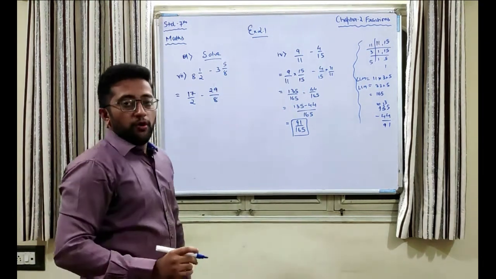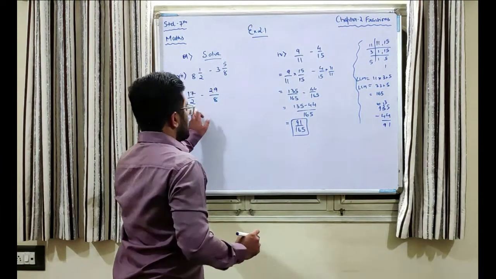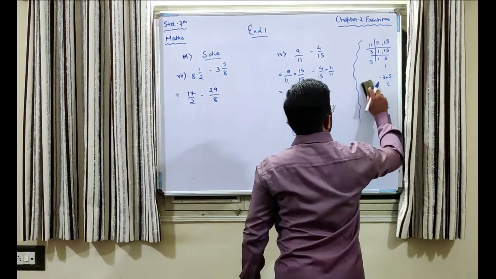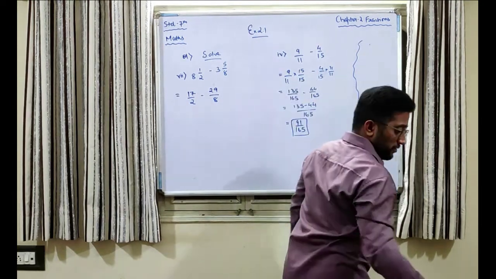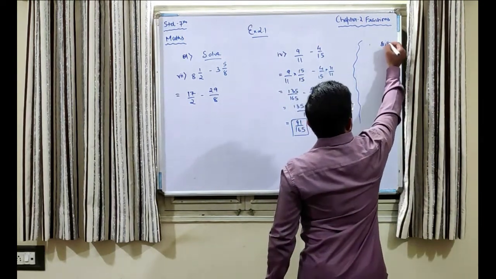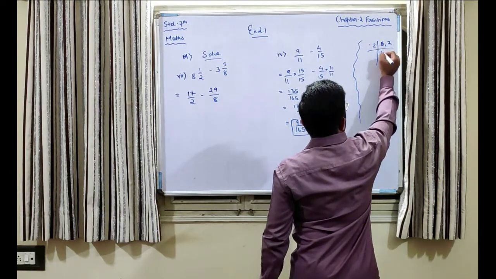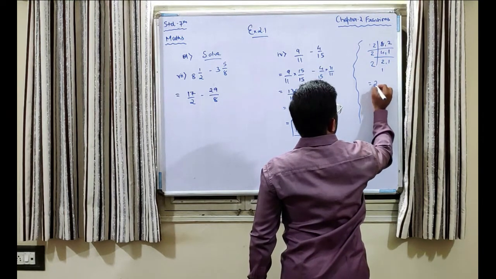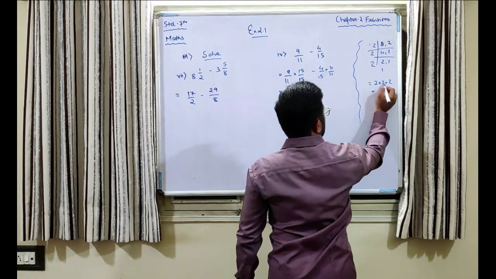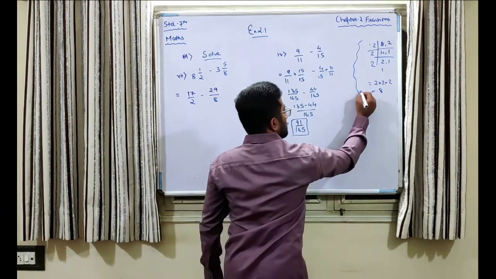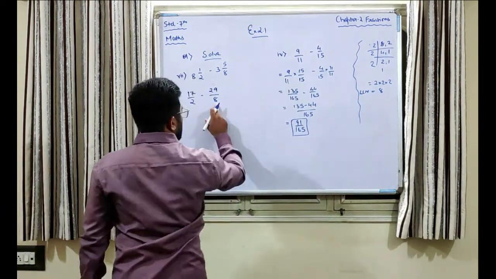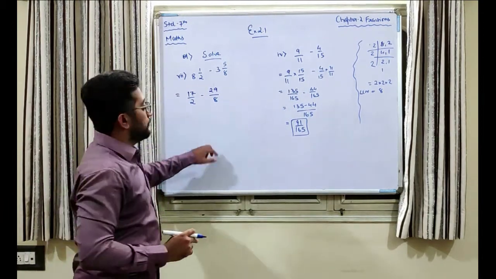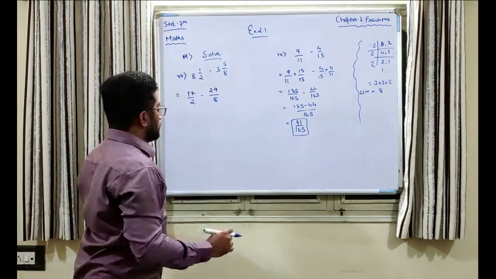Okay, now we need to take the LCM of 8 and 2. So let us take the LCM of 8 and 2 by the prime factorization method. 2 4s are 8, 2 1s are 2, 2 2s are 4 and 2 1s are 2. So the LCM is 2 into 2 into 2, that is 2 2s are 4, 4 2s are 8. So the LCM stands at 8. So in case of 29 divided by 8, we already have a denominator as 8. We need to bring this 2 to 8.